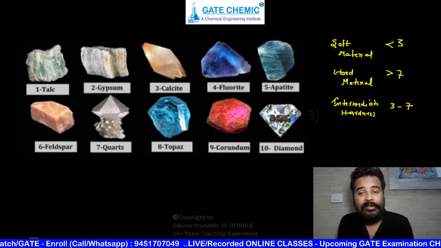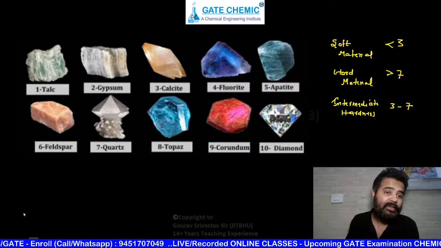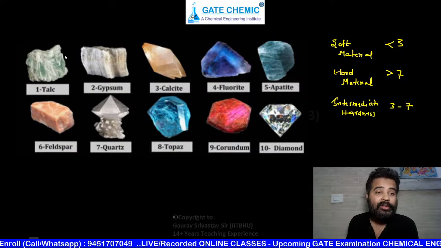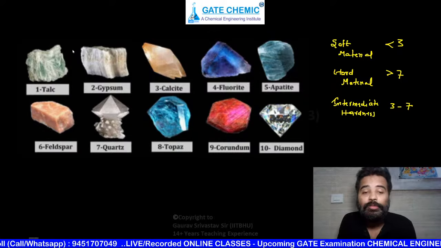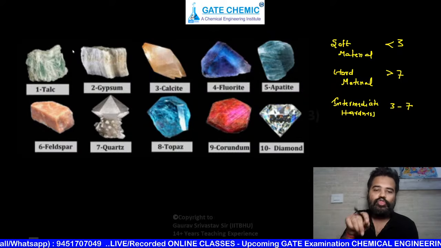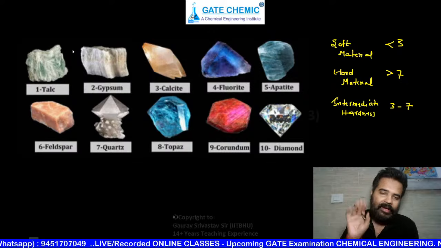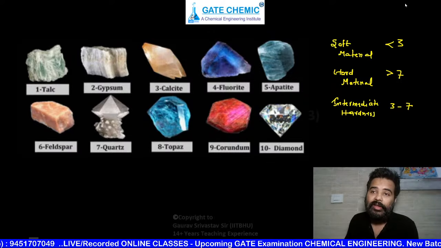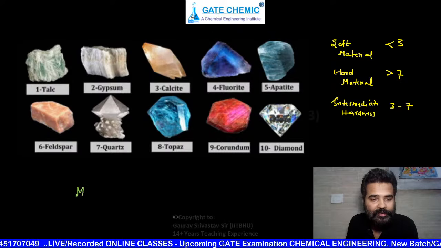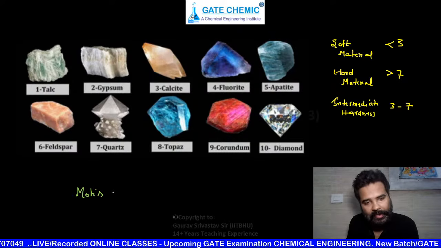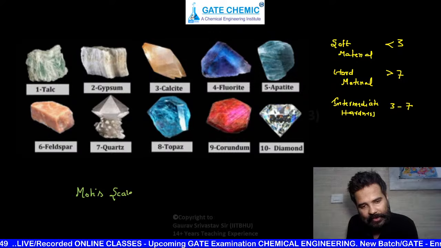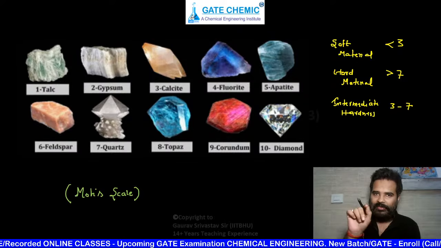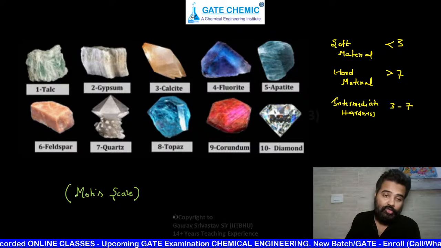Now, one beautiful scale is used for the calculation of hardness of a material, to see how hard any material is. And the name of this scale is very, very important for you. This is Mohs scale. Mohs's scale. The scale number varies from 1 to 10, as you can see here. Okay, please don't write. Only write when I am writing on that green slide, 1.1, 1.2. Okay. So this is Mohs scale.